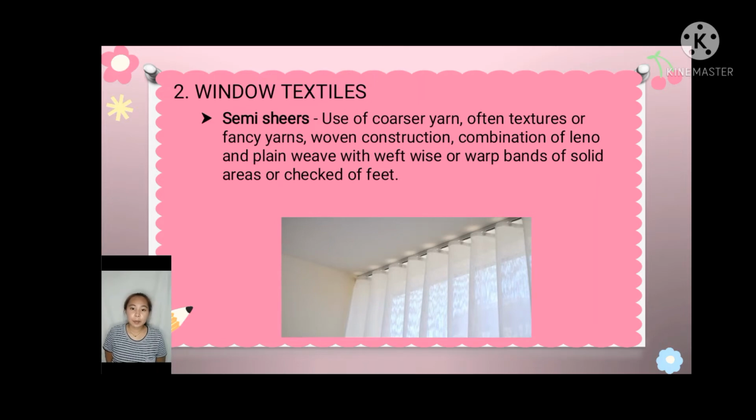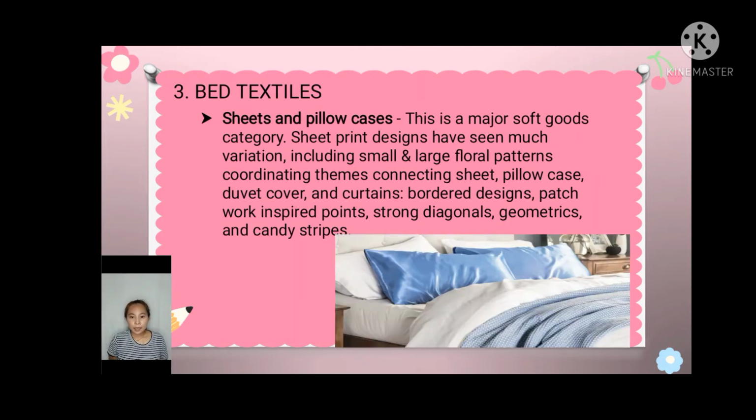Wide area of fabric development in home textiles. And next is the bed textiles, such as sheets and pillowcases. This is a major soft goods category. Sheet print designs have seen much variation, including small and large floral patterns, coordinating themes, connecting sheet, pillowcase, duvet cover,